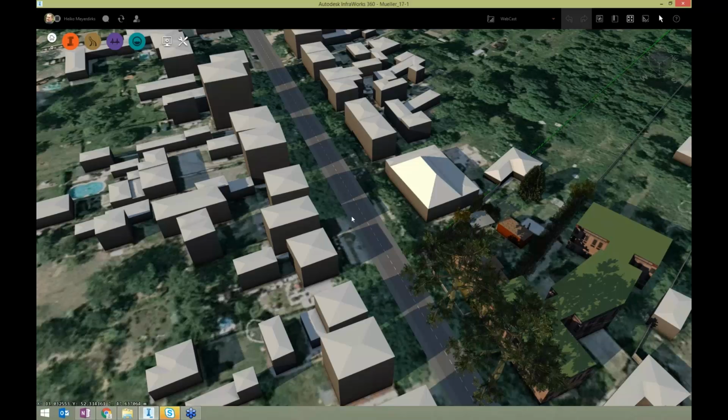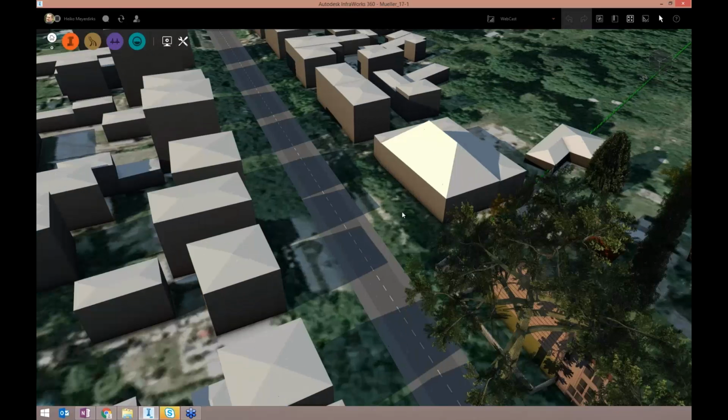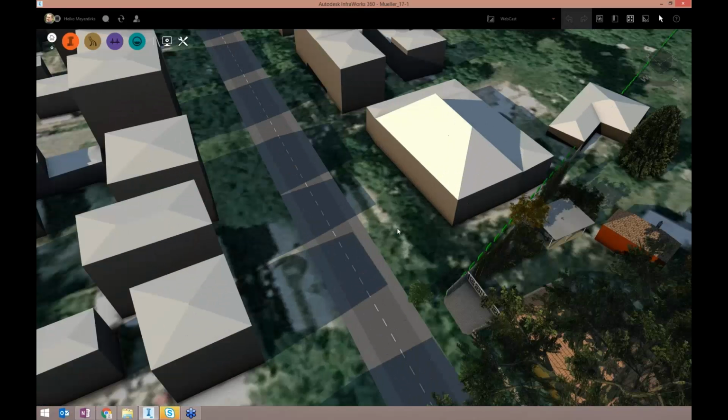So we want to have custom styles. What you see here is the classic road style you get when you create a model with Model Builder, and it's absolutely not looking like our main street. So let me get in here and modify it a bit. First thing I'll do is